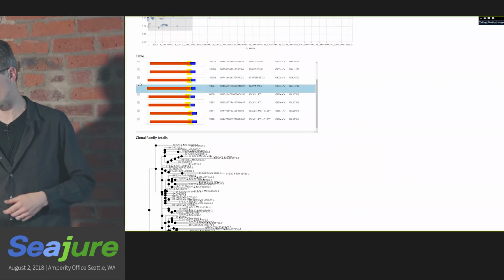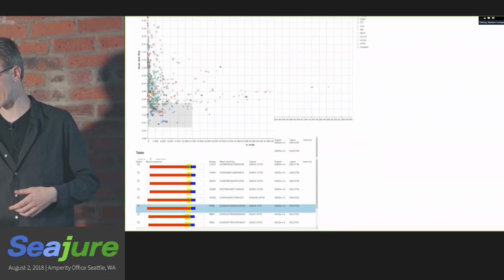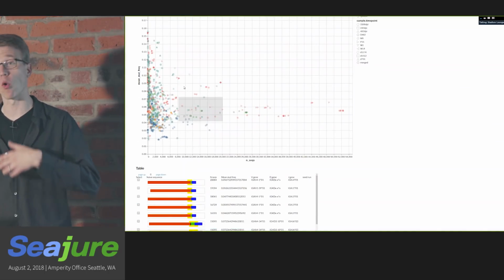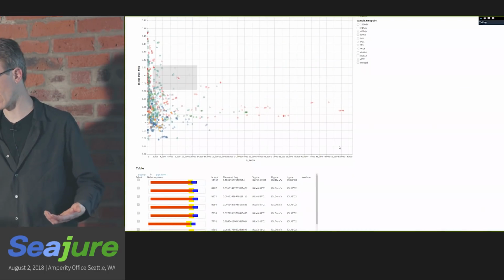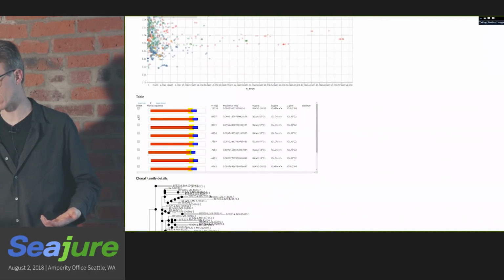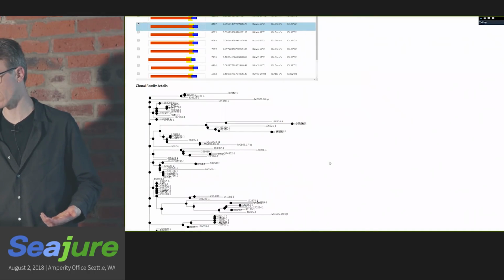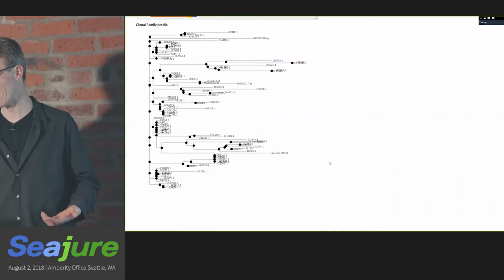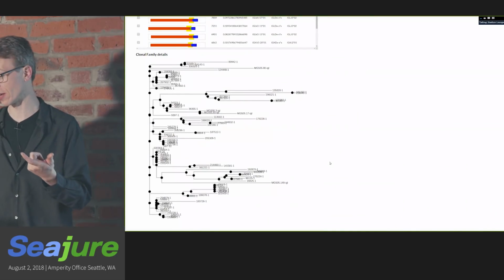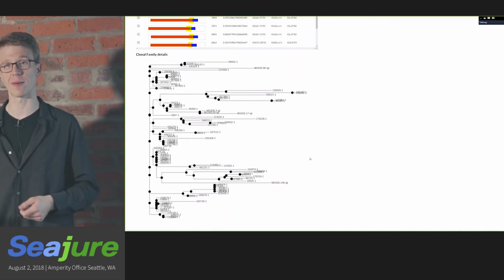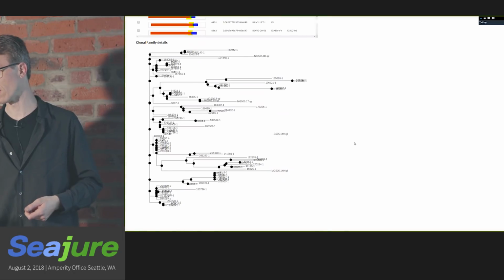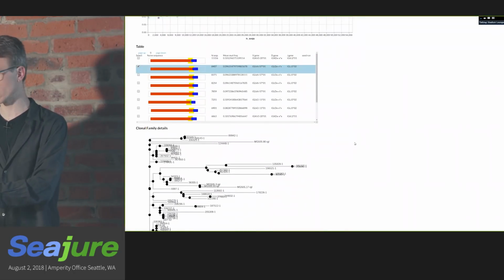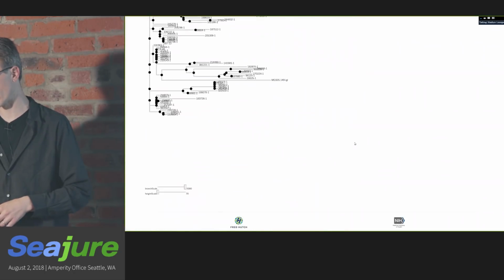And again, up here we can look broadly at the whole repertoire of data. But once we're ready to dig in and look at a specific clonal family, I'm using the technical term there, once we want to look at one of these little families of related B cells, we can do that by clicking there. All of these visual components here are based on Vega and Vega-Lite, and I'll say that